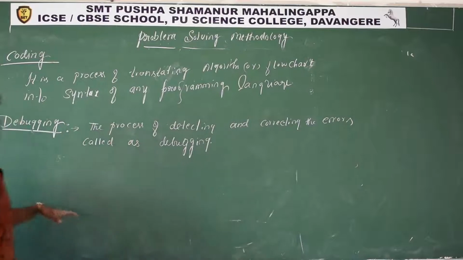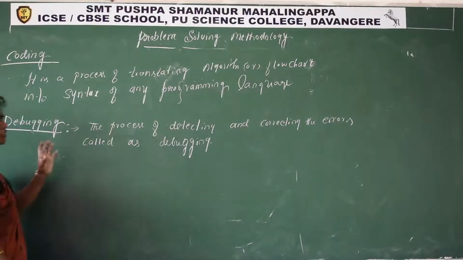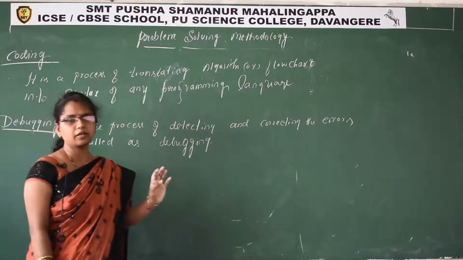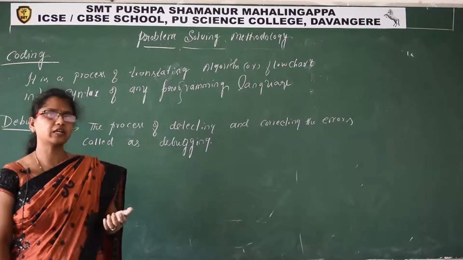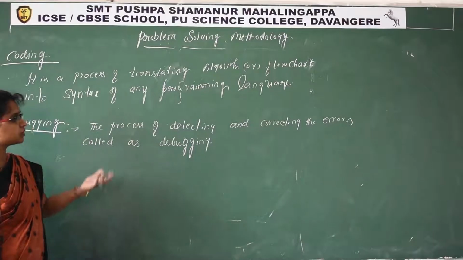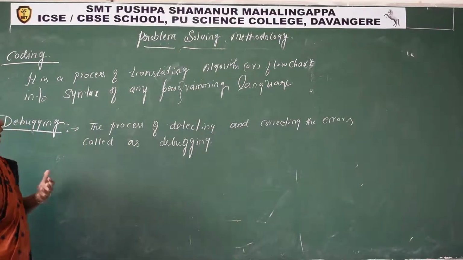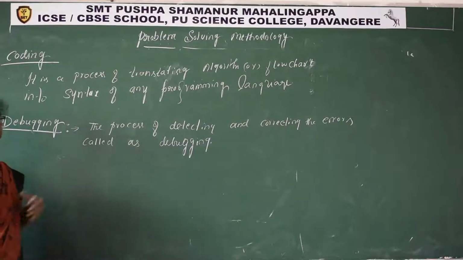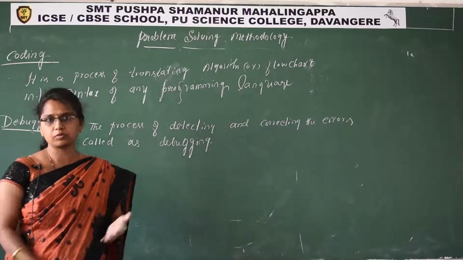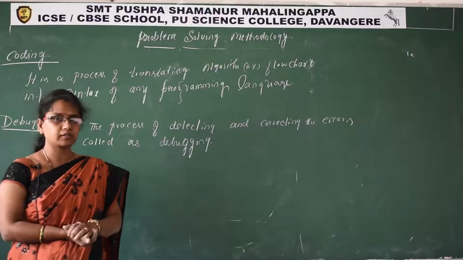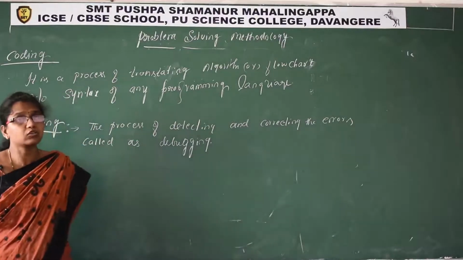See, it is not only syntax error. Syntax error is one type of error. If there is any violation of rules, that error we call a syntax error. Sometimes we may have a problem with the logic, or we have written a wrong logic, so that we will get a different or wrong output. That is also one type of error. Such type of error we call logical errors.